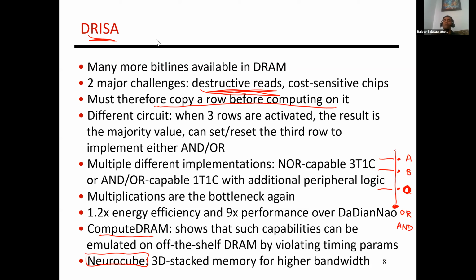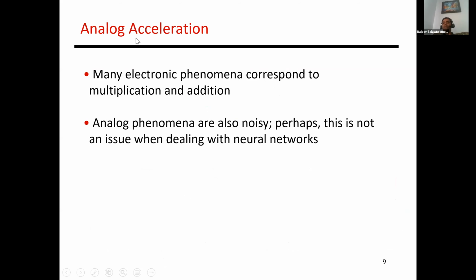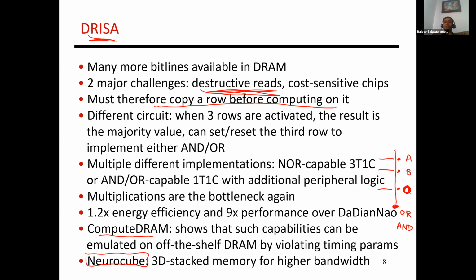Okay, so now I'm going to move on to the third example of in-memory compute. And this is an approach that has also spawned a few startups. This is essentially using non-volatile cells, and it's using analog math to do it, right? So the two approaches I described so far, both DRISA and the compute cache work, are still digital circuits. They're still using these sense amplifiers to figure out